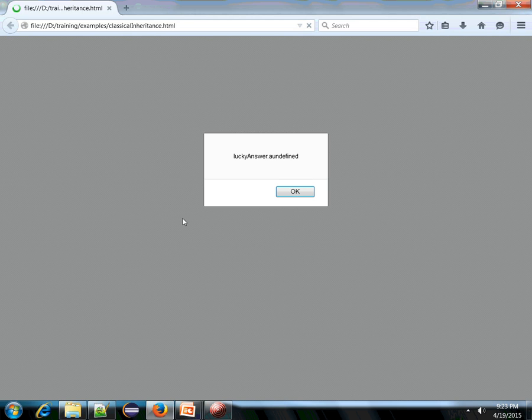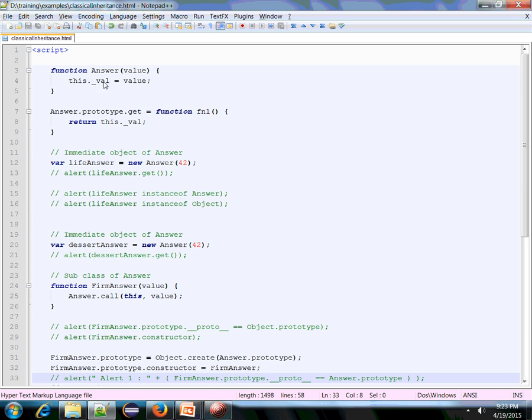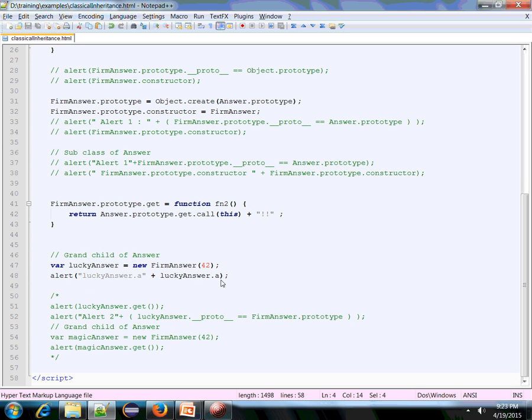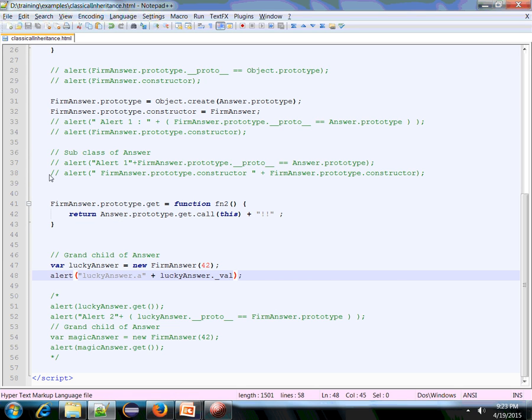So it gives me an undefined value. Instead of .a, I'll access underscore value, and it should give me the value of 42. Okay, so that happens to be the classical way of establishing inheritance across objects,